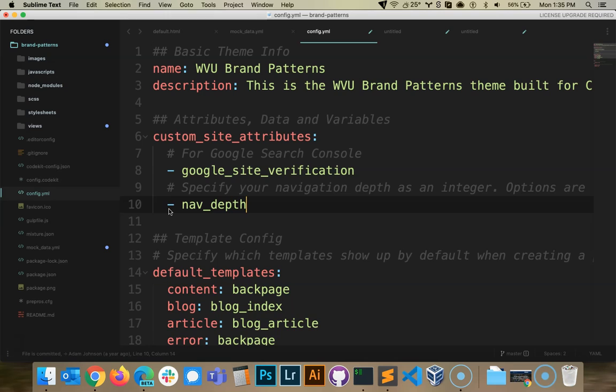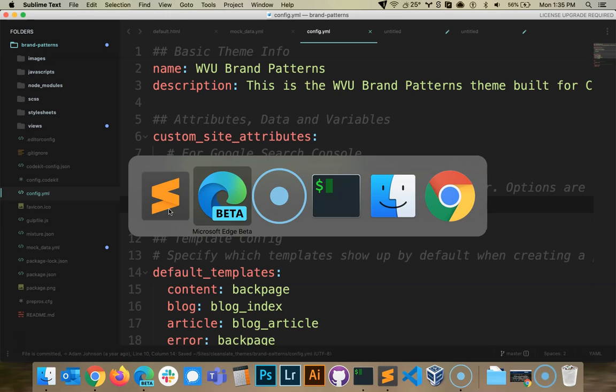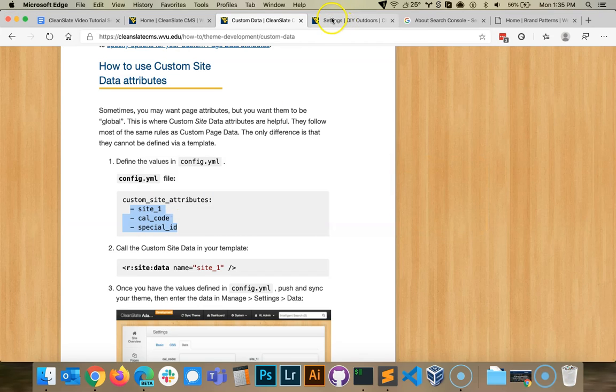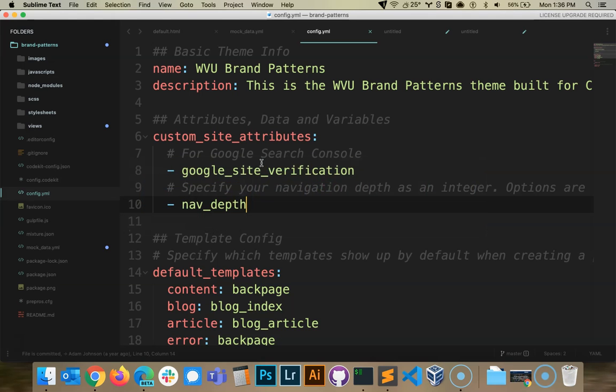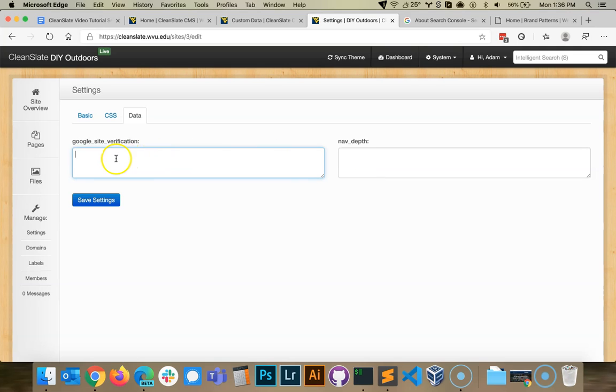So now that these two custom site data attributes are created, let's look at what that looks like in the CleanSlate admin UI. I've gone ahead and logged into CleanSlate. I'm on this DIY outdoor site, and if I click Manage Settings and then I go over to this Data tab, you'll notice that both of these custom site data attributes exist right here. So for example, this says Google Site Verification. When I add that to my config.yml file, it's going to show up right here. Similarly, for this nav depth